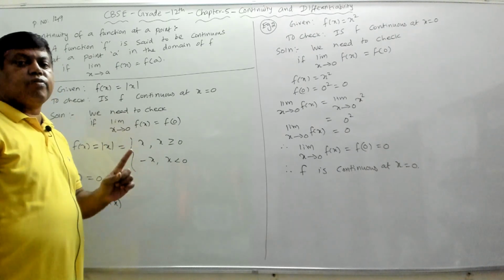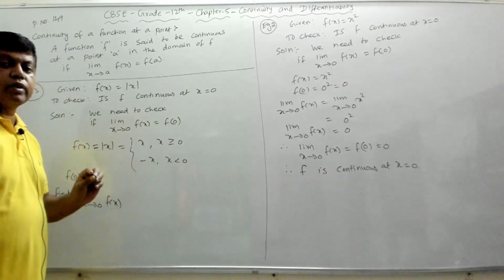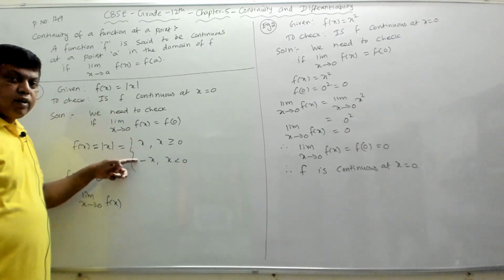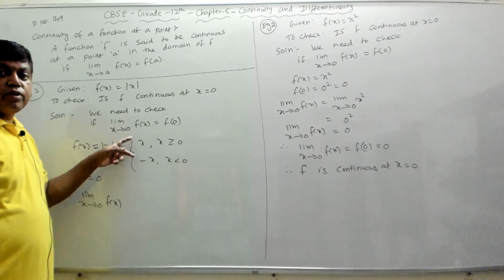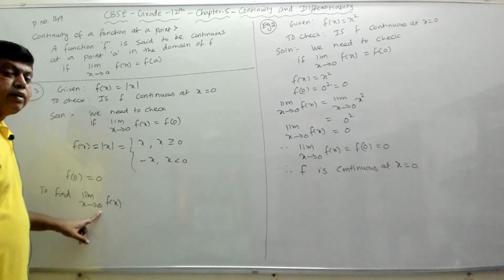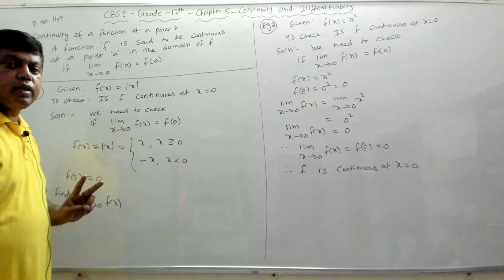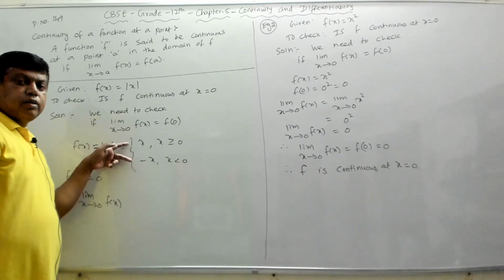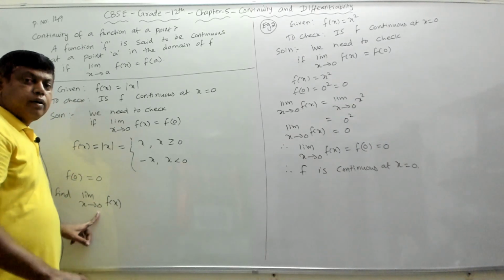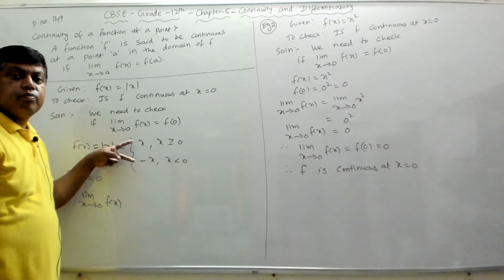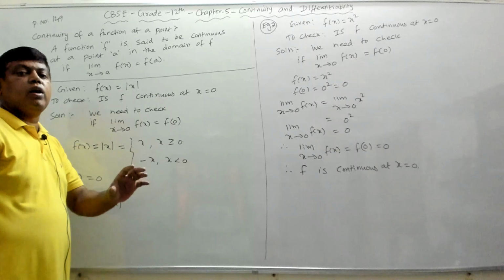So there are two conditions that you need to be careful about whenever you are finding the limit of a function at a particular point. Condition number 1: whether f has two definitions based on the value of x. Condition number 2: whether that definition is changing at the point where you are actually trying to find the limit, and it is changing at the point 0, and at the point 0 only we are trying to find the limit. So whenever these two conditions are met, meaning the point at which we are trying to find the limit is exactly where the function gets split into two definitions, then we must go for left hand limit and right hand limit.